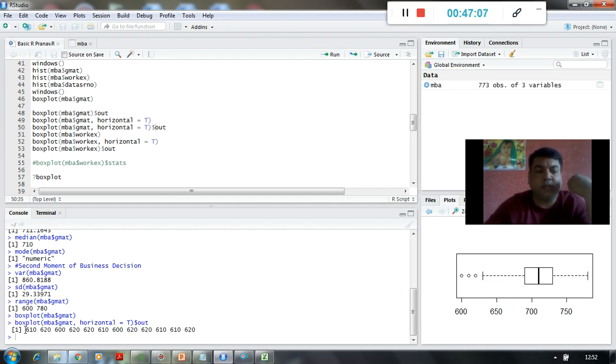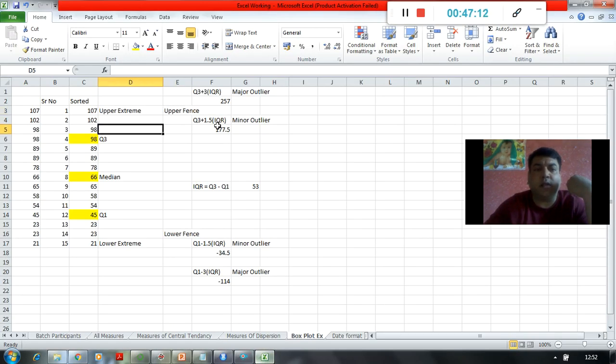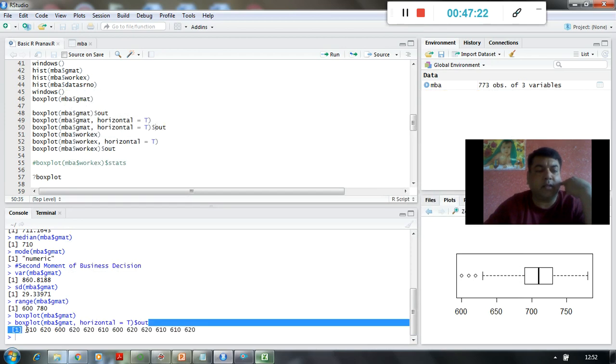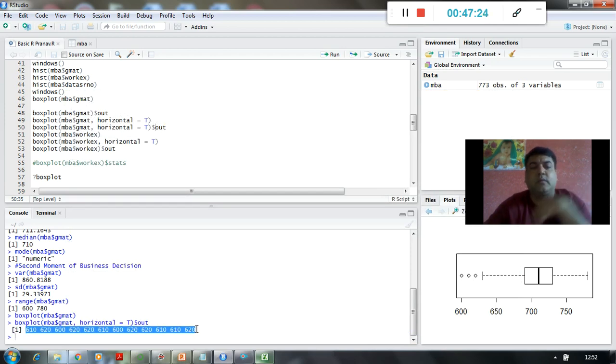And now for this, if you do all the calculations as I have shown over here, like the 1.5 and 3 multiplication, Q3 minus Q1 subtraction, multiplying this IQR and all, you will find out that these are the exact values. I mean the starting point and above, or starting point and below.